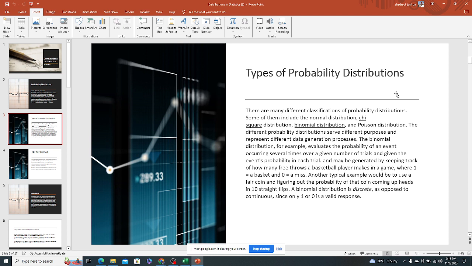Mixtures are distributions which combine two different distributions. I remember that was my project back in college. I was trying to use mixtures, a combination of two